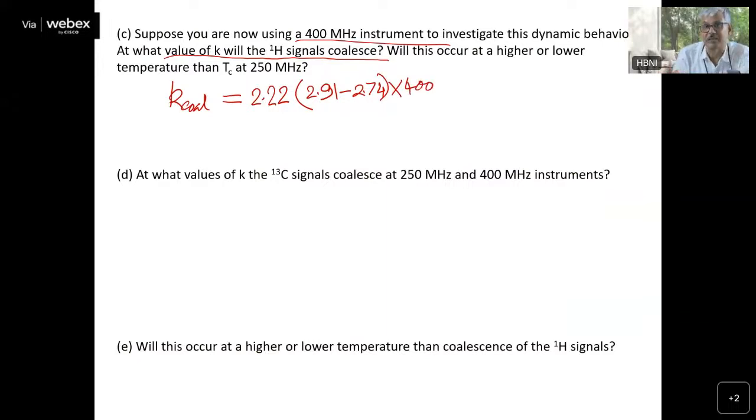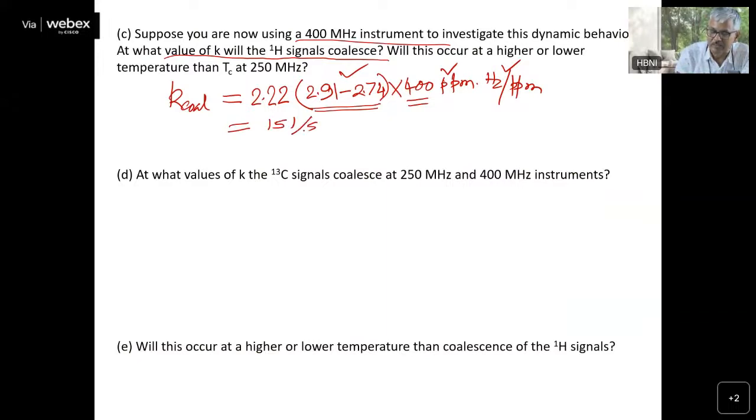Now we are using a 400 megahertz. So this is the chemical shift in ppm, so we'll put this as ppm into hertz per ppm. This ppm is coming from this, and this hertz per ppm is coming from this. If you do the calculation, you will get 151